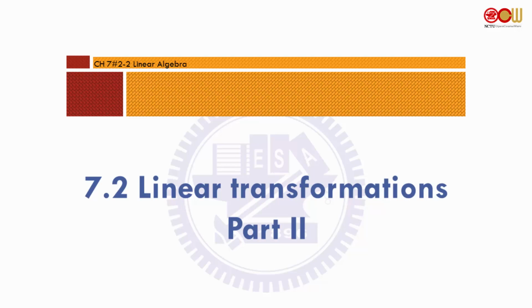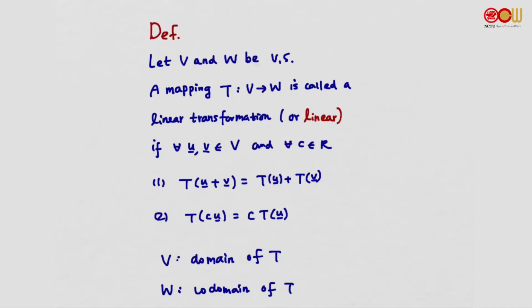7.2 Linear Transformations. We will be talking about the equivalence of 2.7 and 2.8 for vector spaces. V and W are vector spaces. A mapping T from V to W is called a linear transformation, or simply linear, if for all u and v vectors in V and all scalars c,